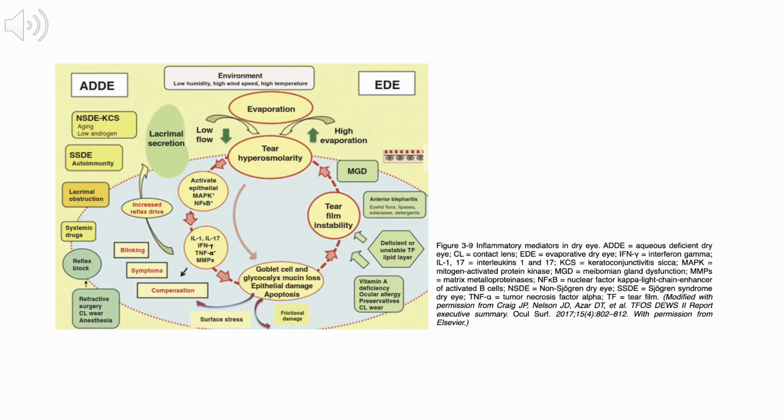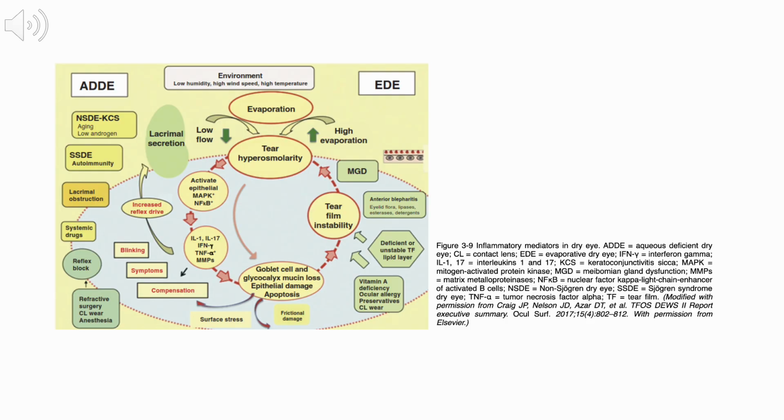This diagram illustrates the complex interplay of inflammatory mediators in dry eye disease, highlighting both aqueous-deficient dry eye and evaporative dry eye. In aqueous-deficient dry eye, factors such as aging, autoimmune diseases, systemic drugs, and reflex block impair lacrimal secretion, resulting in low tear flow and increased tear osmolarity. In evaporative dry eye, environmental stressors like low humidity, wind, and heat, as well as MGD, increase tear evaporation, similarly